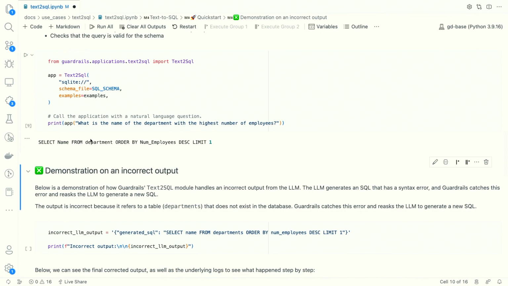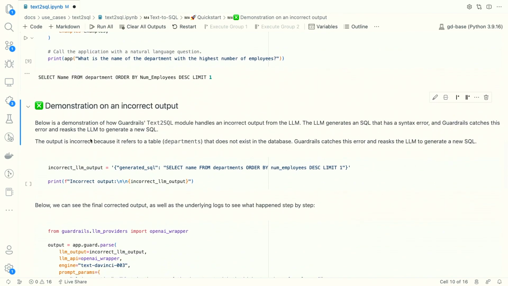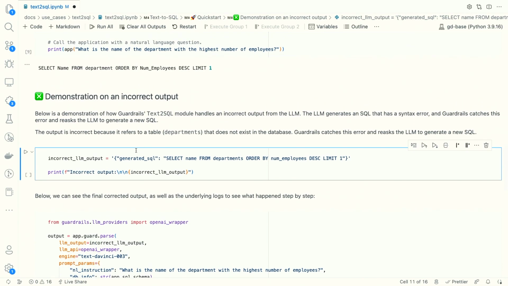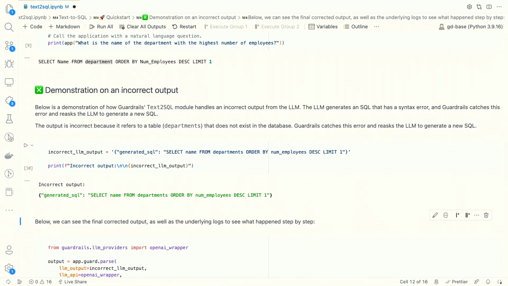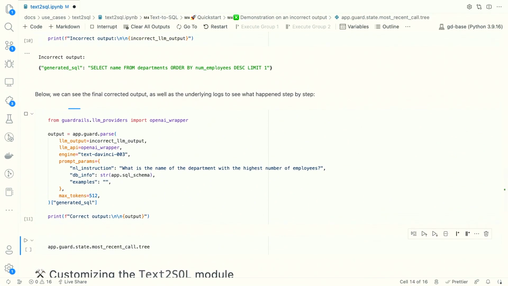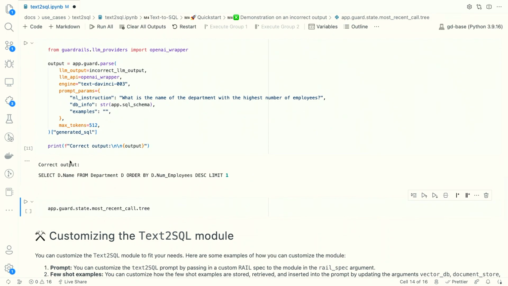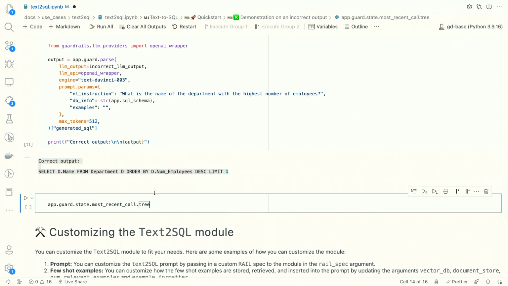So this is a query that we end up getting back. So this obscures a lot of detail. So I'm going to, once again, create this contrived toy example of what happens when you deliberately create an incorrect response. So let's say I change the name of the department table to departments. I mostly want to demonstrate what the re-asking flow and verification flow looks like. Cool. When I pass this incorrect query to my LLM module, it will once again run validations and re-asking, etc., run the query, and this is the response that you end up getting back, where we see that the table